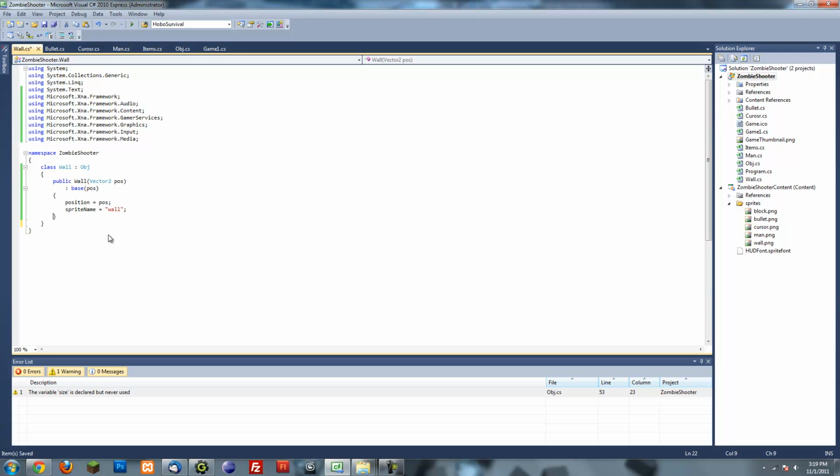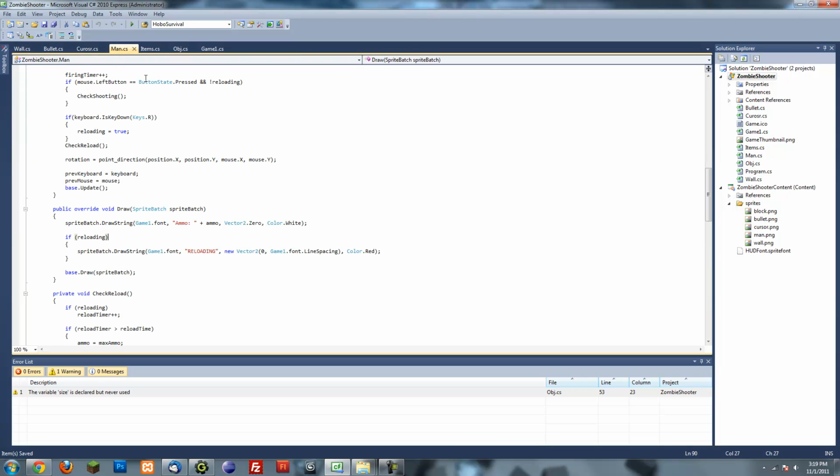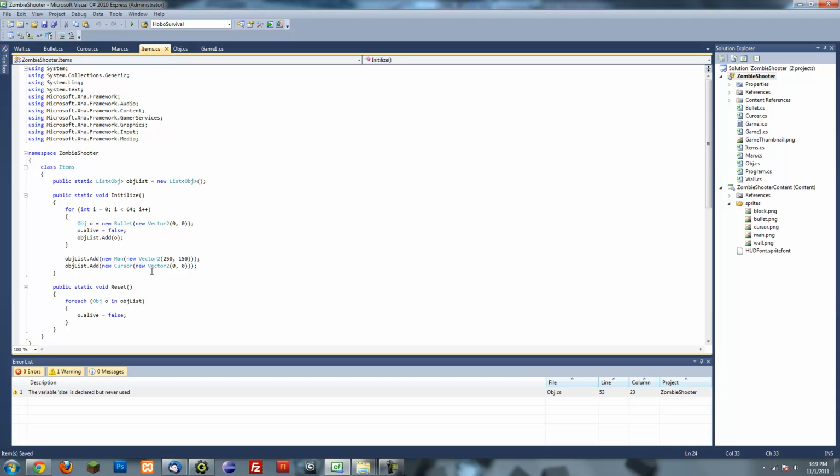So next thing. I don't think we actually need any other methods in this wall class, so let's go to our man class. Actually, our items class. Okay, so let's go ahead and add some walls to our game. So object list.add new wall,